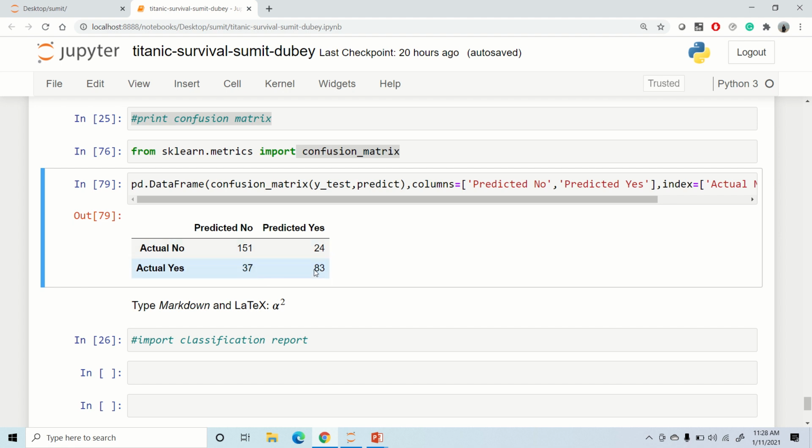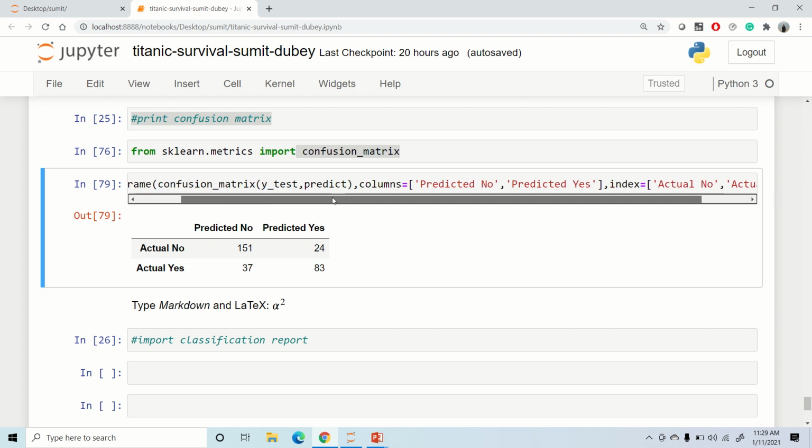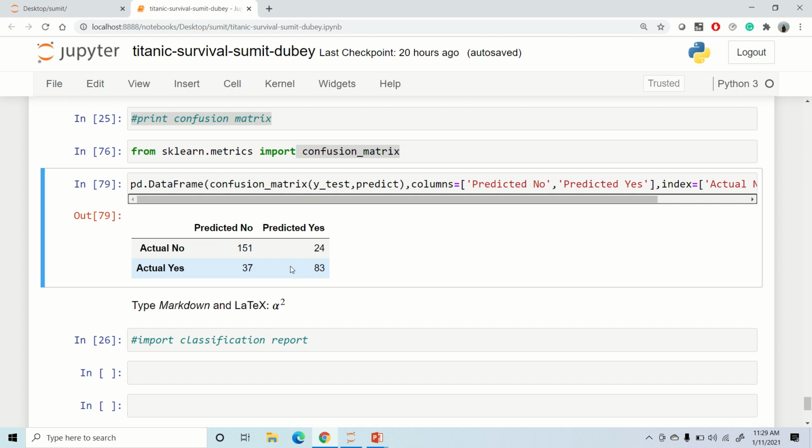And here these many passengers have actually survived, and our model as well predicted that they survived. So if you read, this is predicted no and this is predicted yes, and the actual value of that, and this is the confusion matrix. From this you can guess what would be the performance of our model.